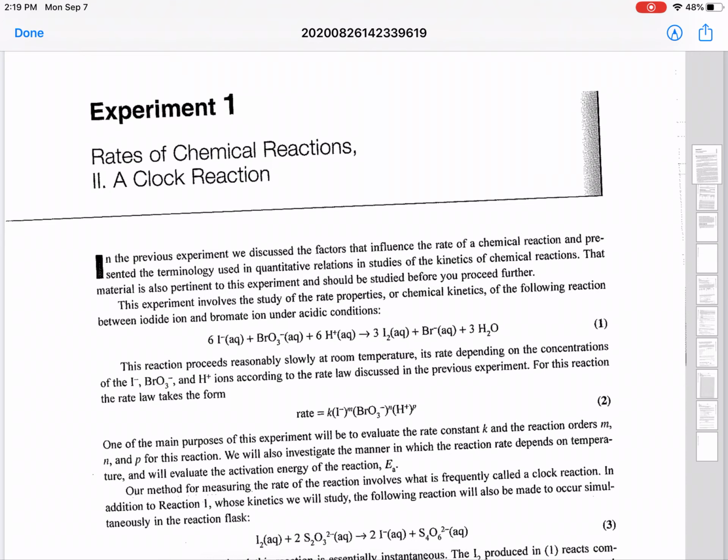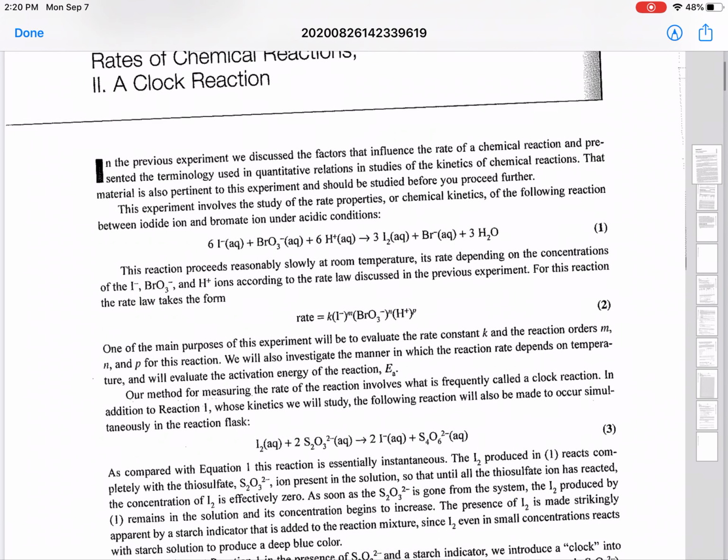We're going to find out the rate constant and the reaction order with respect to individual reactants. I believe by this time you may have studied rates of reactions in your lecture. But in this experiment, we are going to put into practice what you have learned in your lecture. Okay, so the particular reaction that we are going to study is this one that you see as reaction 1,